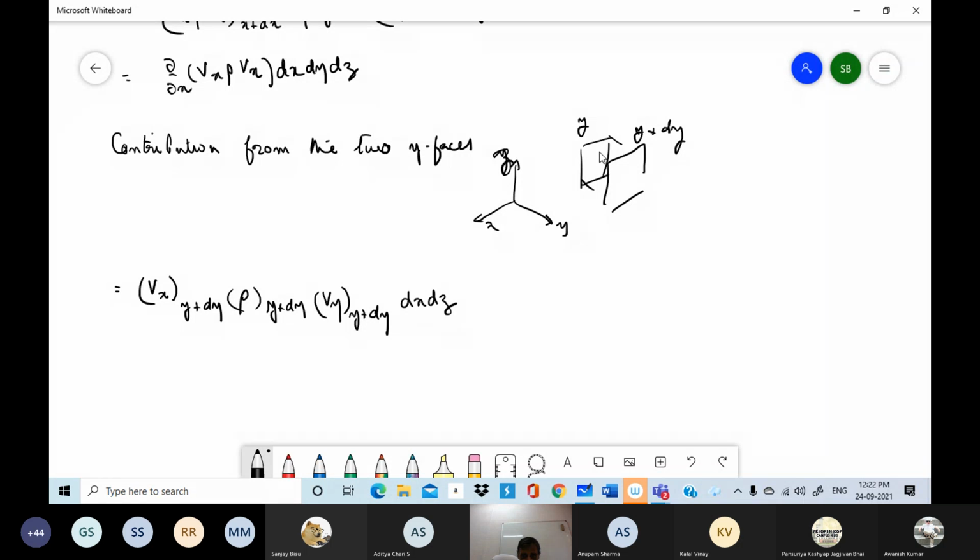Then the contribution from the face at y, not at y plus dy, will come with a negative sign because the dA is in the negative y direction, and the component of v in the y direction is positive, is plus Vy. So when I take the scalar product, it will give me a negative, minus